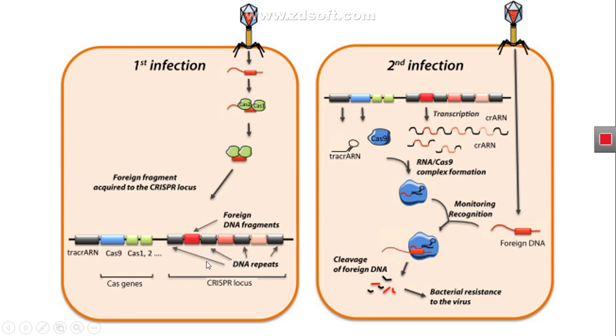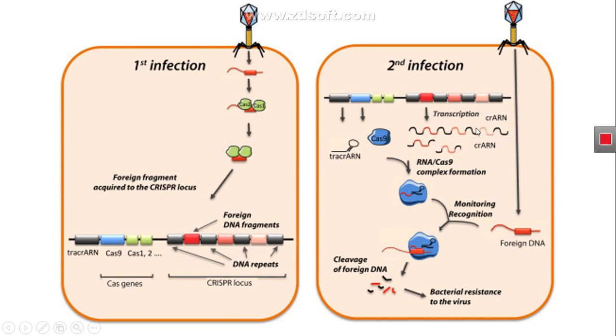So what happens after the integration of this spacer DNA into the genome of E. coli after the first infection? This spacer DNA keeps transcribing as CRISPR RNA in the E. coli cell. Why? Because this CRISPR RNA actually acts as memory,